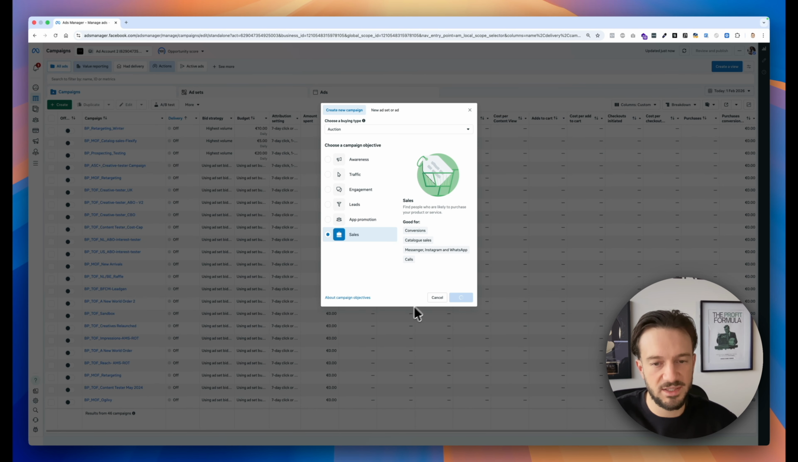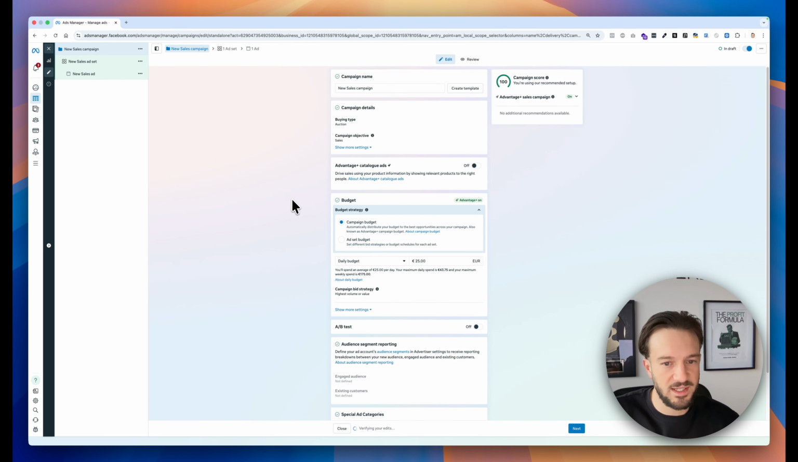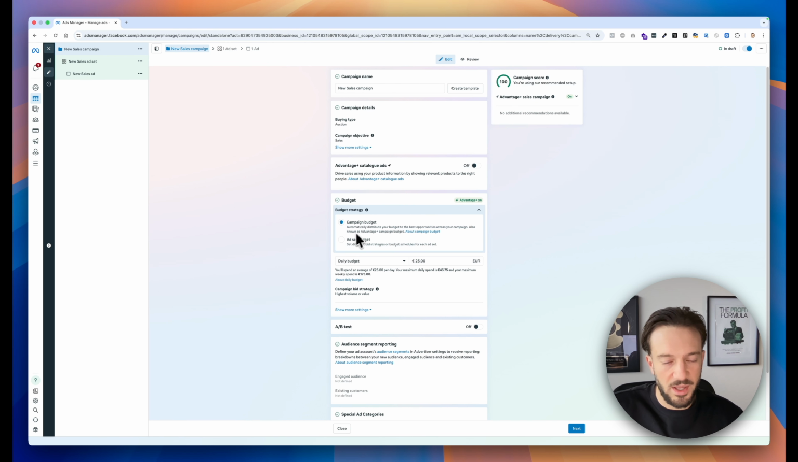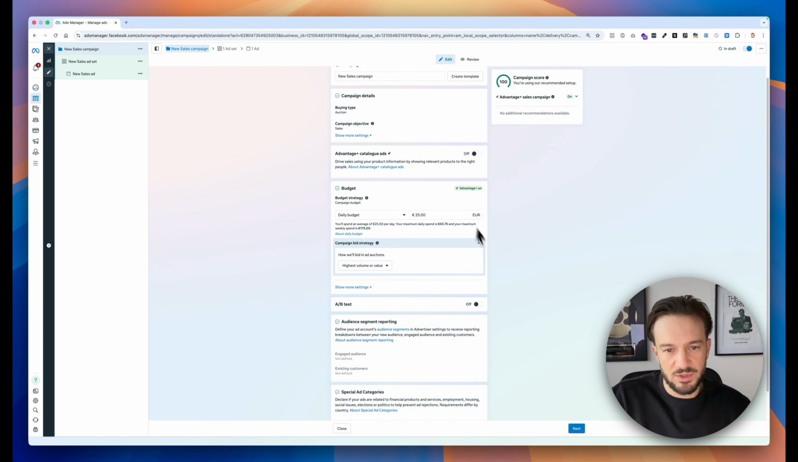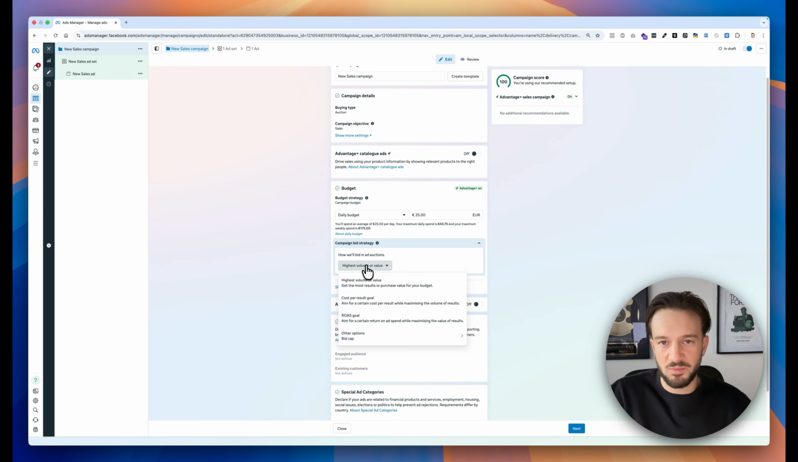It will not work. When we select the sales objective, there are a few changes that we just need to take into consideration. Obviously, campaign budget, ad set budget is still the complete same. That has not really changed much. There are a few changes in terms of the budget strategy. We now have highest volume or value. And again, this has been here for quite a while, but for those of you that have not been running ads for a while,